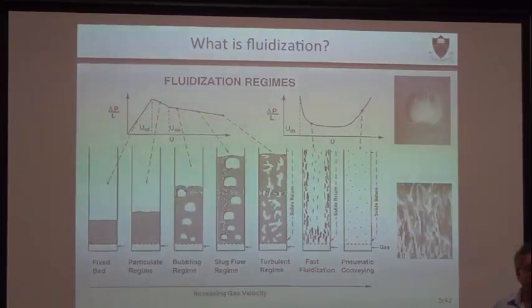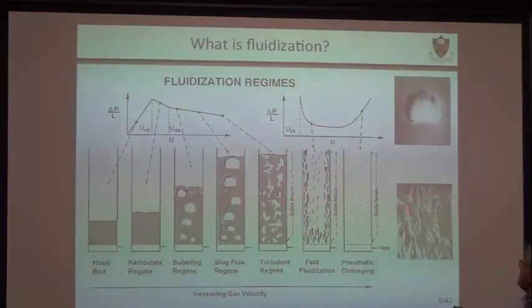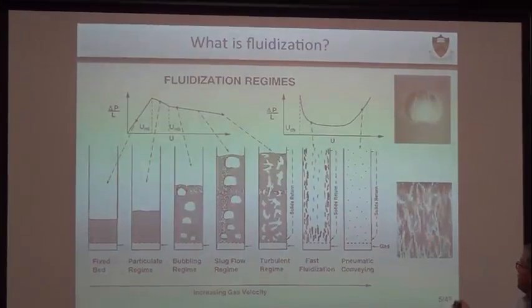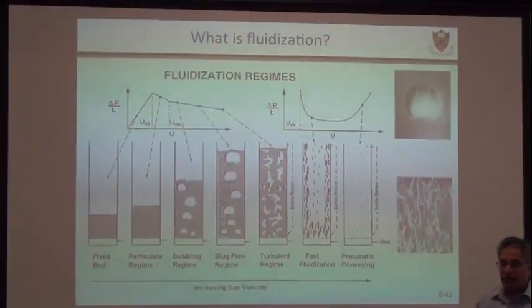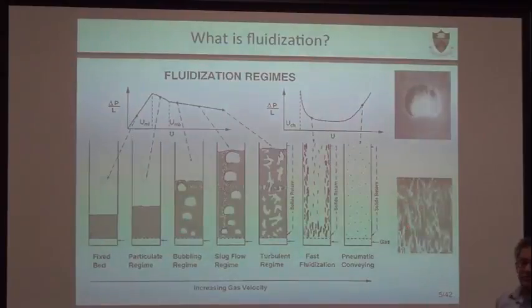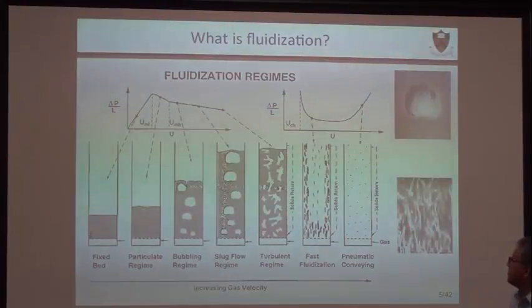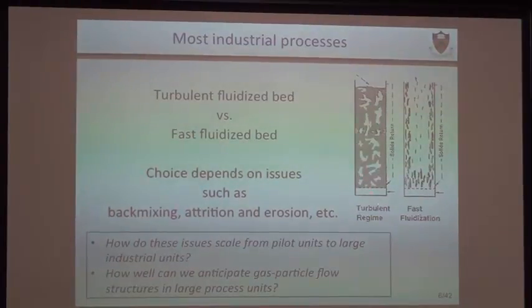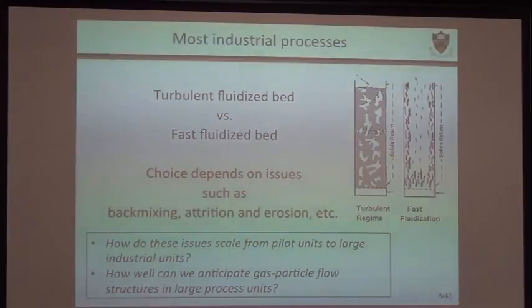They tend to get inhomogeneously distributed over the pipe cross-section. This would be representative of a well-defined bubble. This would be more like something here, clusters and streamers. These white strips are the streamers of particles. If you look at most industrial reactors, they tend to operate either here or there. So either you have a turbulent bed, where turbulent is a generic word, not in the sense of a three-phase spectrum, or you get a fast fluidization.